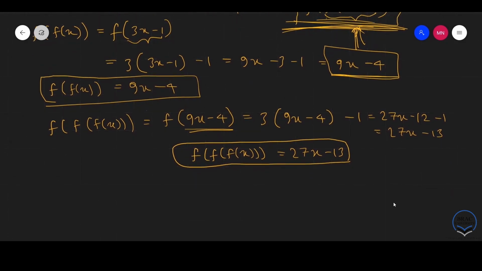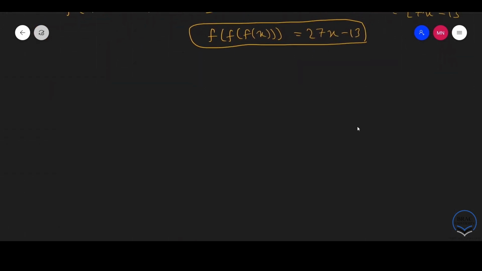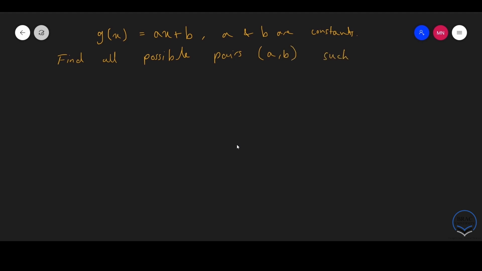Right, so now suppose that we have some function g of x, and this is equal to ax plus b, where a and b are just some constants. Now we just have to find all possible pairs a, b such that